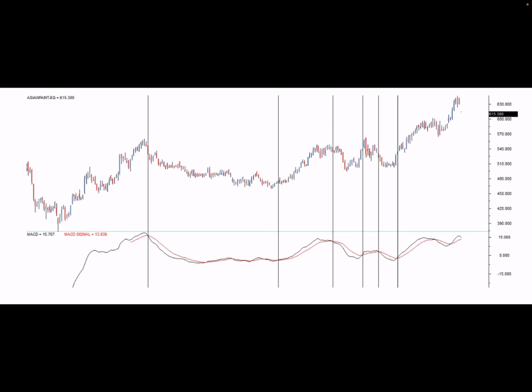Needless to say, the MACD parameters are not set in stone. One is free to change the 12-day and the 26-day EMA to whatever time frame one prefers. I personally like to use the MACD in its original form as introduced by Appel.